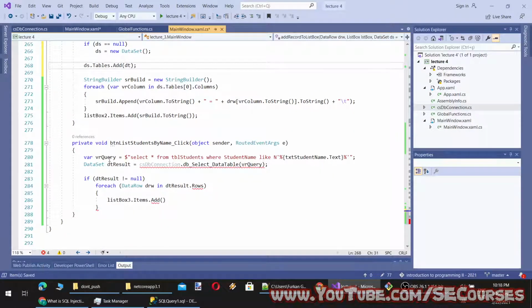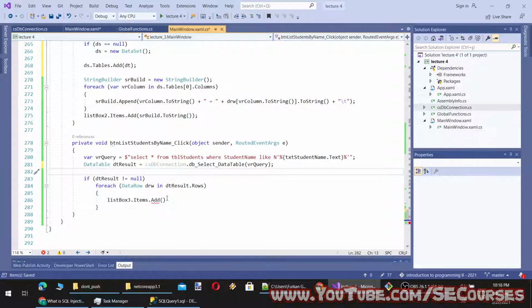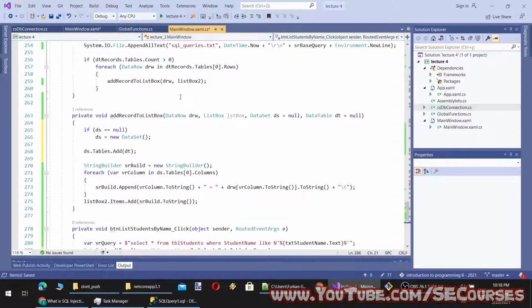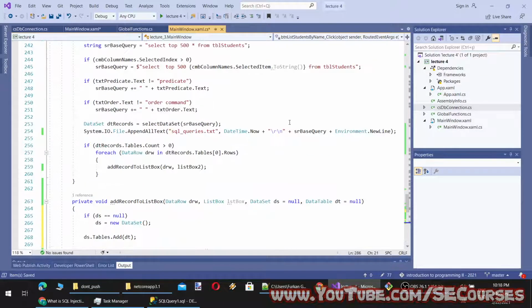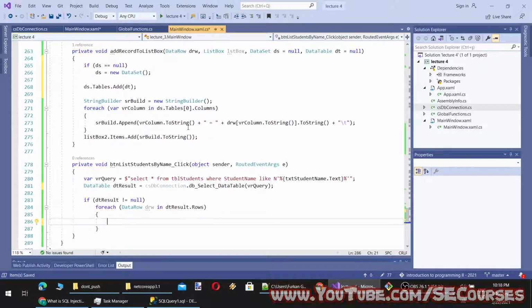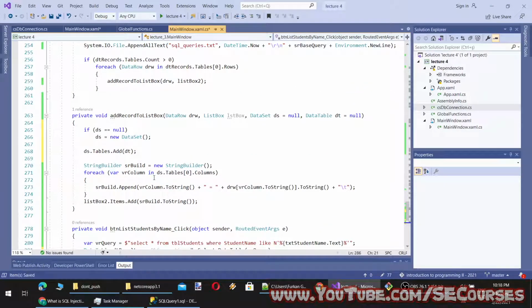So now we can use this method, and we will just call our method here.